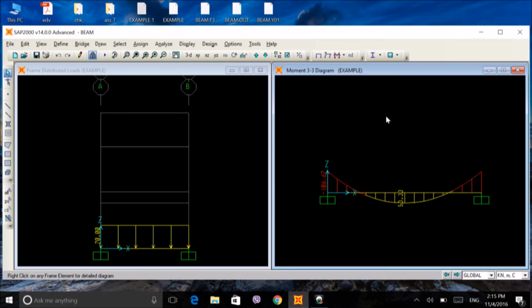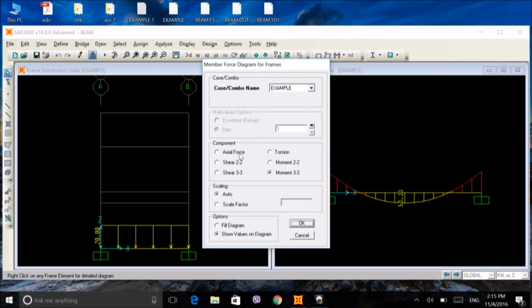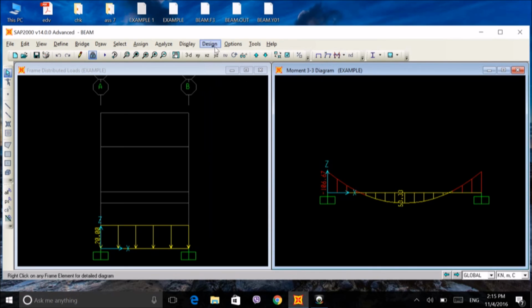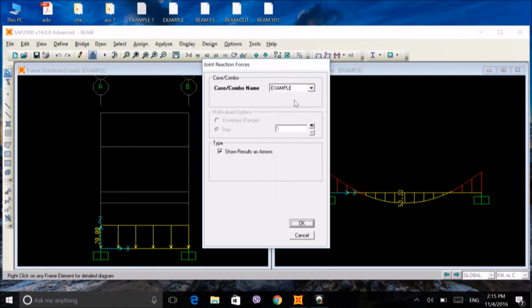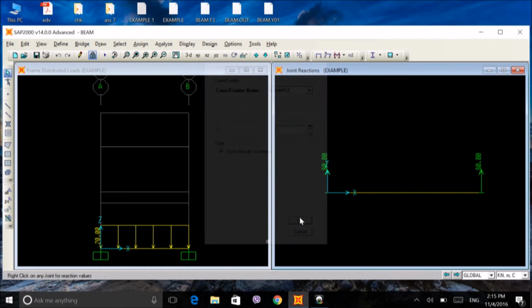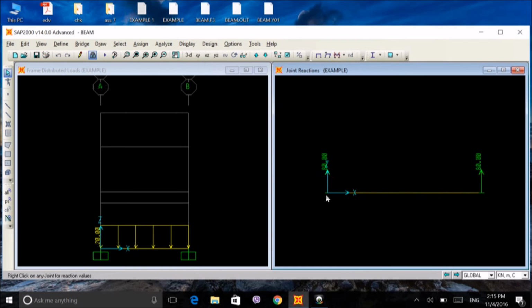And what about reactions? You can also go with reactions. Here it is just for force. Okay, you can go with display, then forces, reactions are at joints. So, for example, now this is the reaction. And it doesn't show moment here. You need to go to